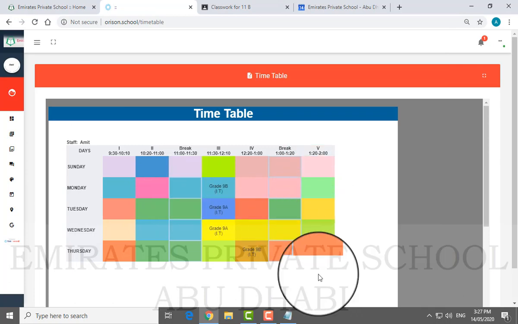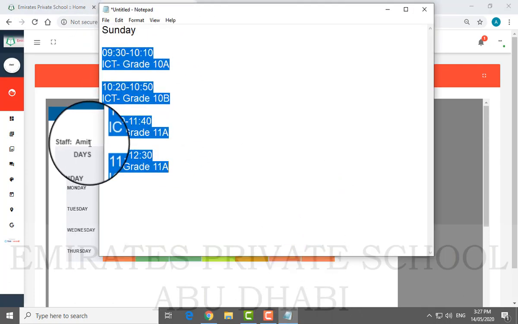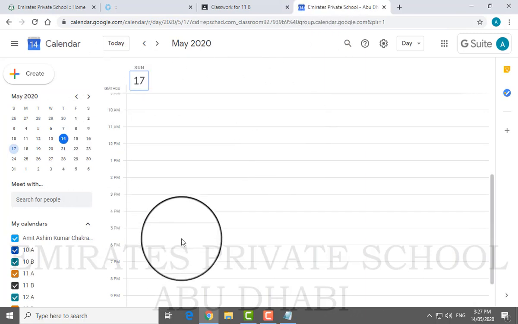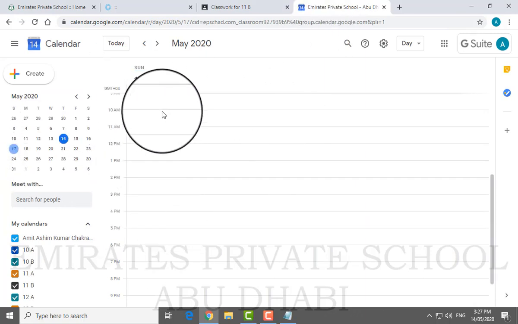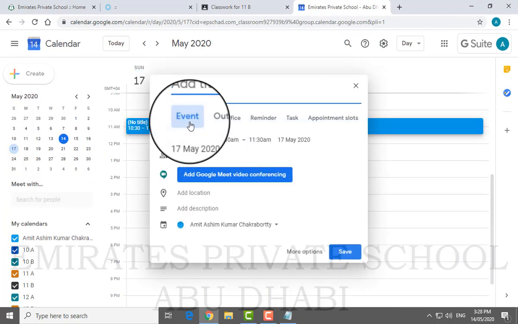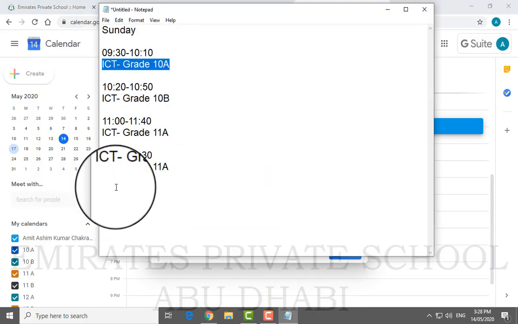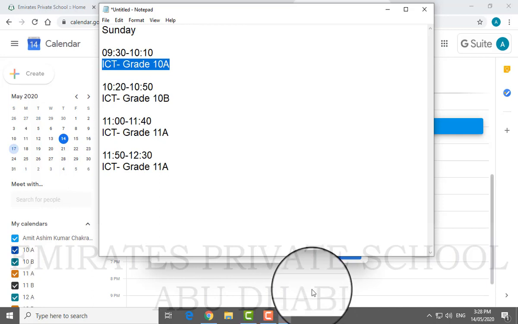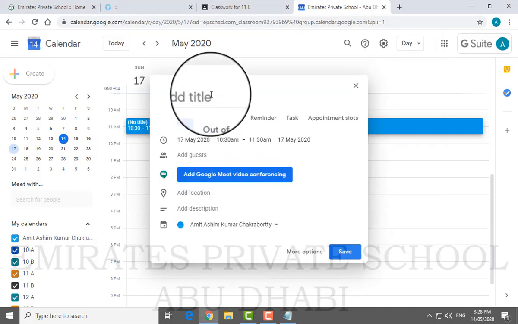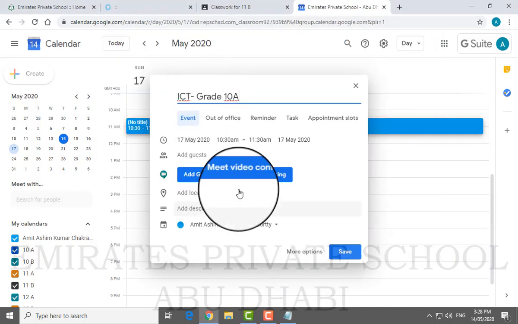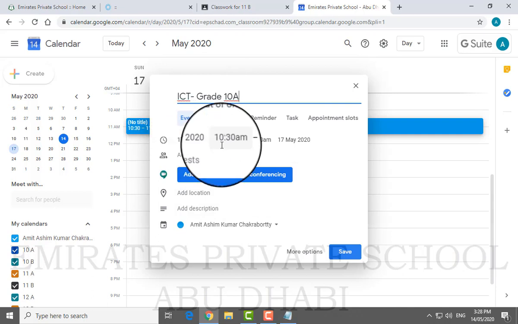So now what I do is I'm going to create this timetable in my Google Calendar. On 17th, I randomly click anywhere, and it gives me a title. Now what is the title? This is the ICT class for 10A. On 17th of May, what time does it start?